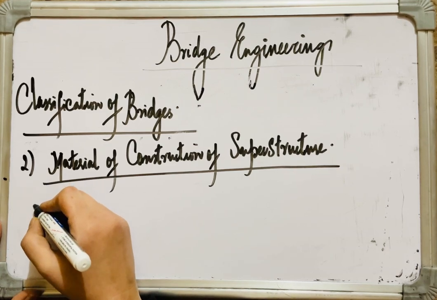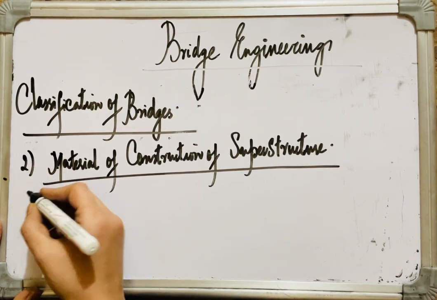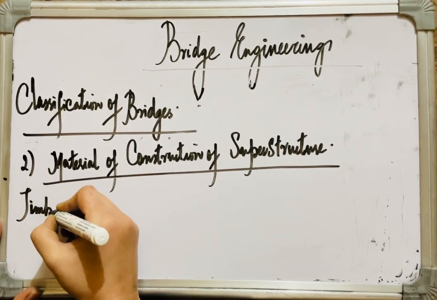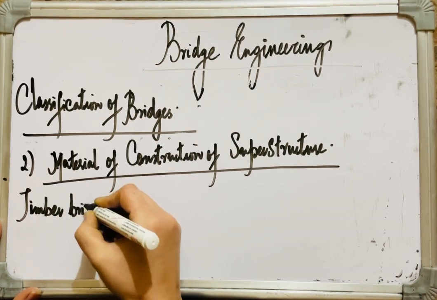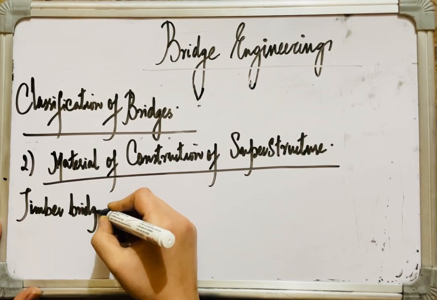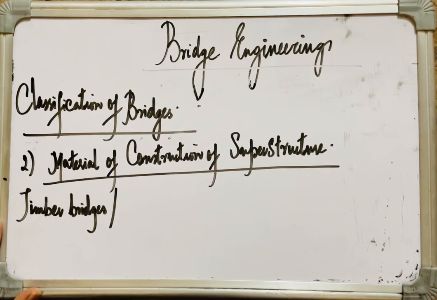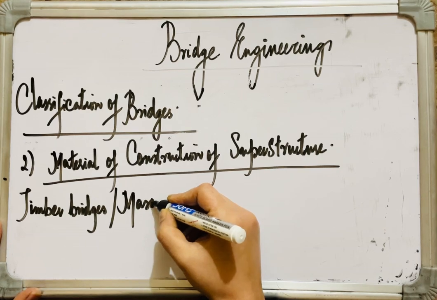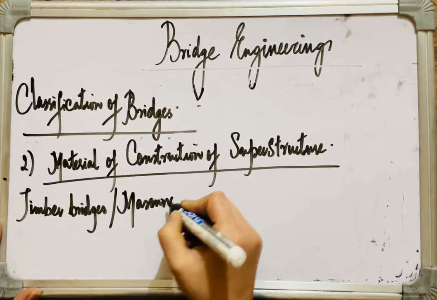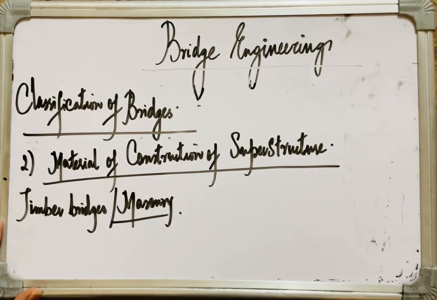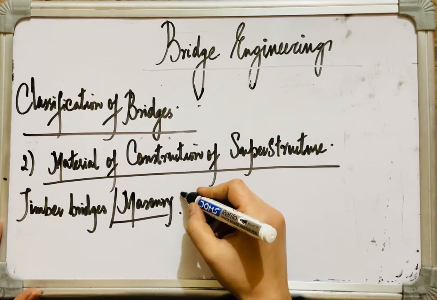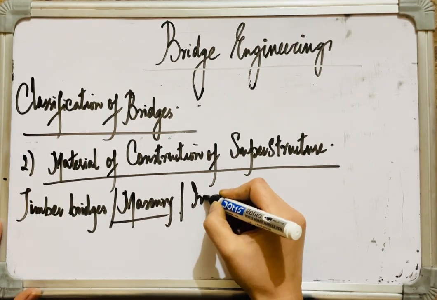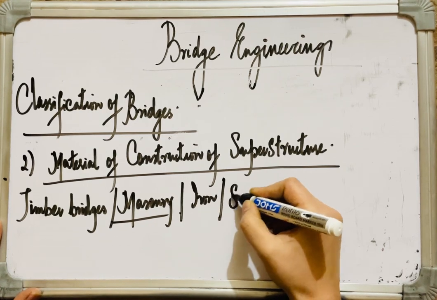So based on the material of construction of superstructure, we have timber bridges, wherein the superstructure is constructed of timber. We have masonry, wherein the superstructure will be made out of stone masonry or brick masonry whatsoever. Then iron, wherein we'll employ iron. Then steel,